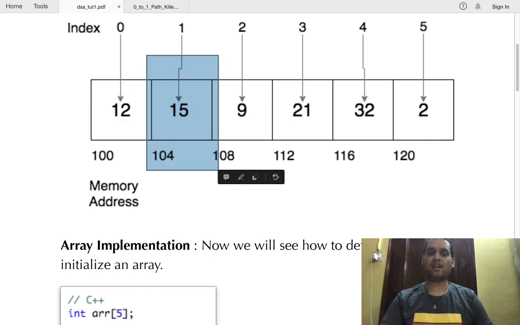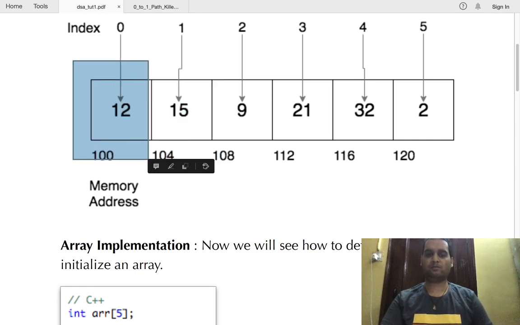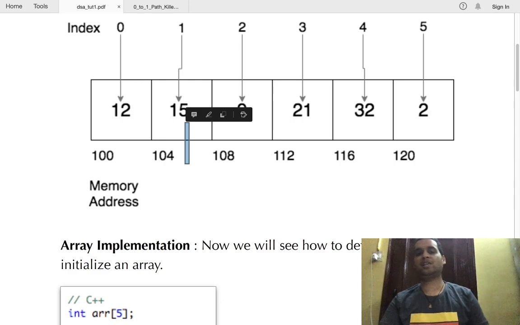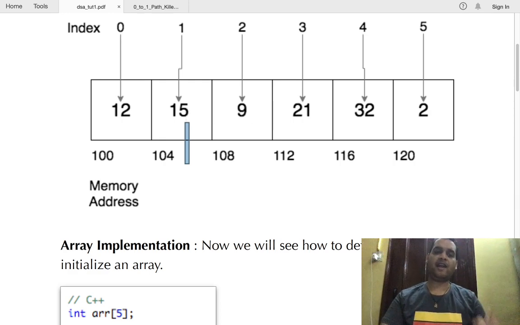So this is arr plus 0. This is arr plus 1. If I wish to get the next element, it will be arr plus 1 plus 1, so two elements, arr plus 2. As you can see, if we add the index number starting from 0 to the base address, we will get the specific element's address. So that's why we use indexing from 0.